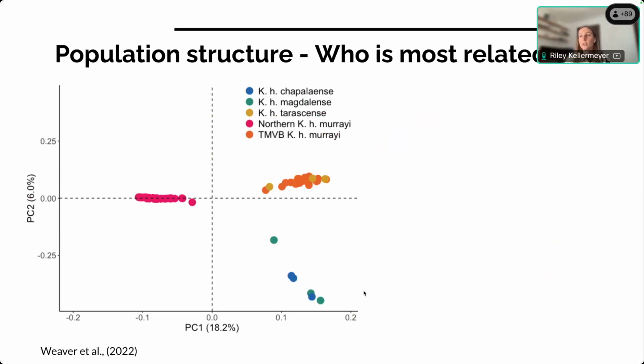So Weaver took a closer look at this, and here's a way to visualize the genetic similarities between different individuals and try to put them on a plot. So 2 individuals that are exactly the same would show up in the same location on this plot on the X and Y axis, and 2 that are very genetically different will show up further away. And when he does that with all the species, the populations,